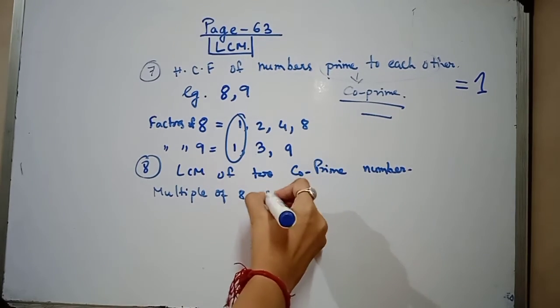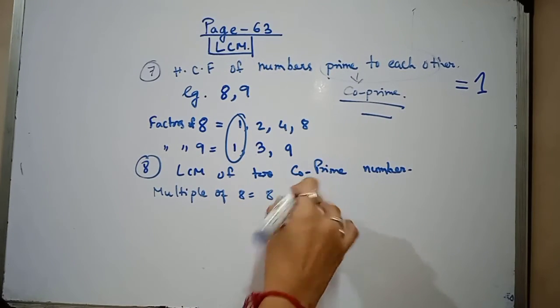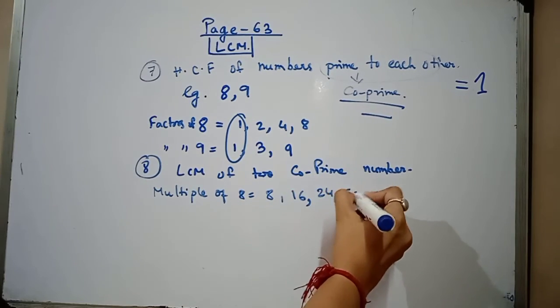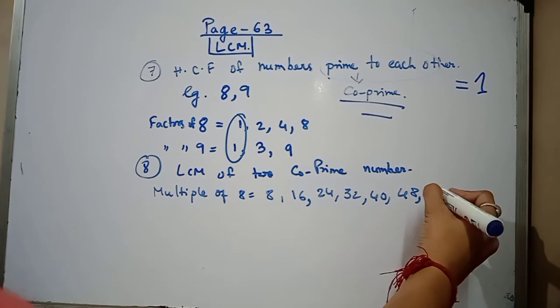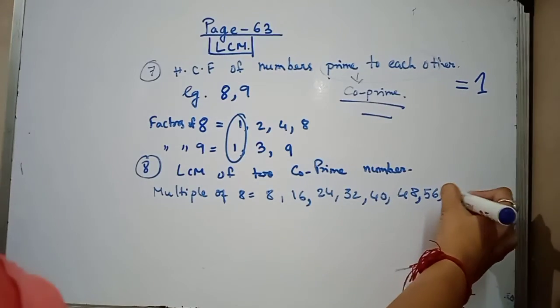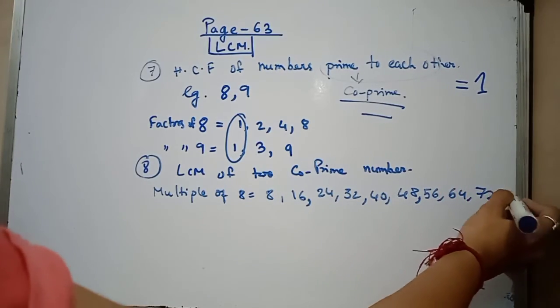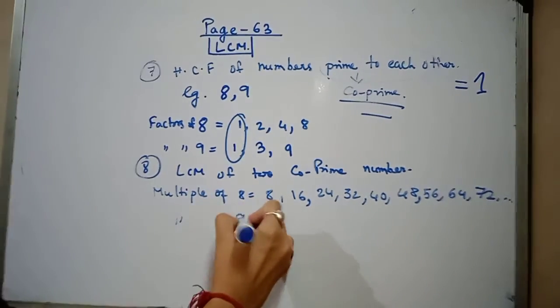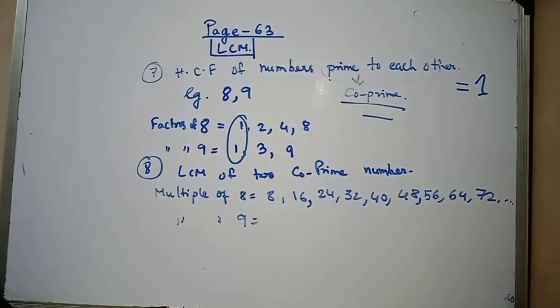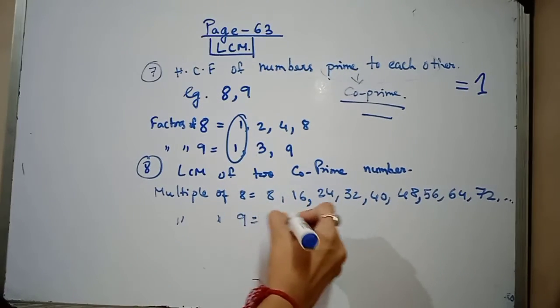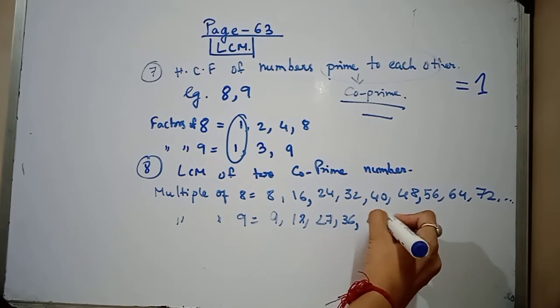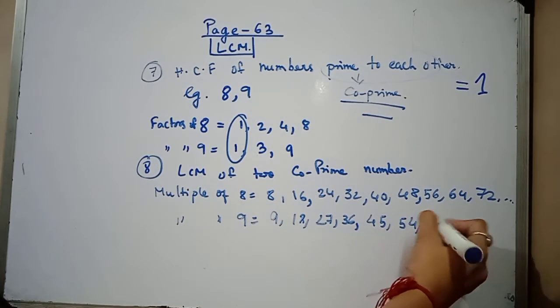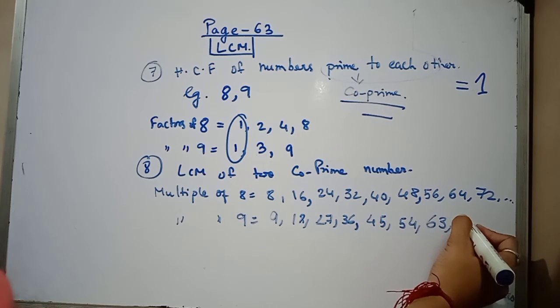Multiples of 8: 8, 16, 24, 32, 40, 48, 56, 64, 72 and so on. Now I am again writing the multiples of 9, that is 9, 18, 27, 36, 45, 54, 63,